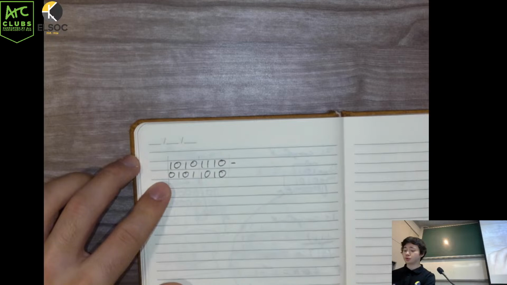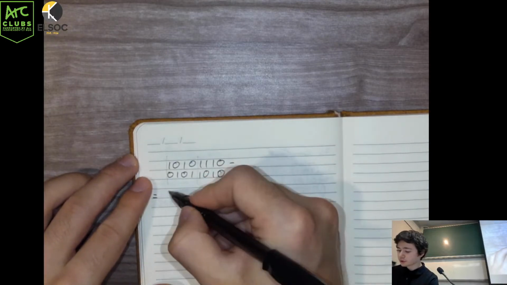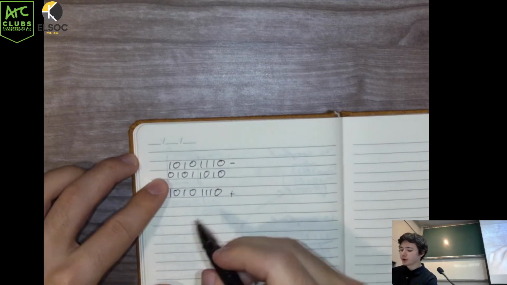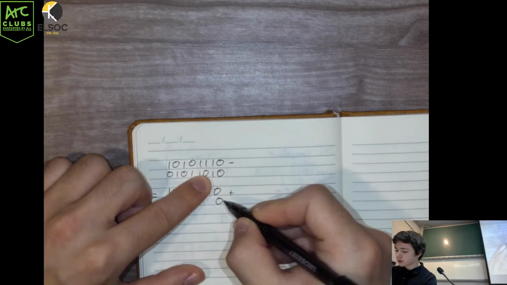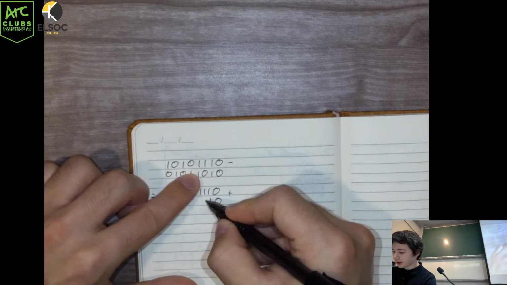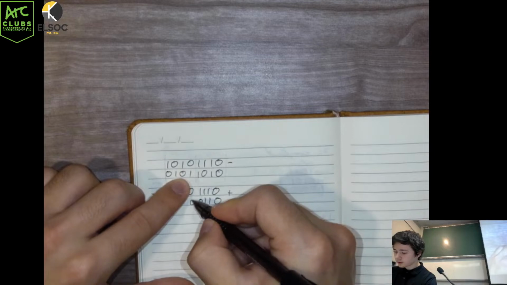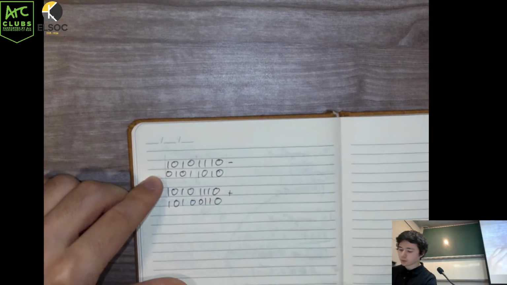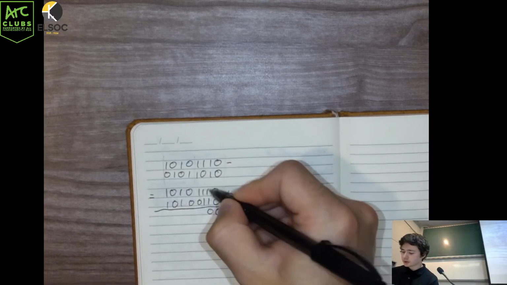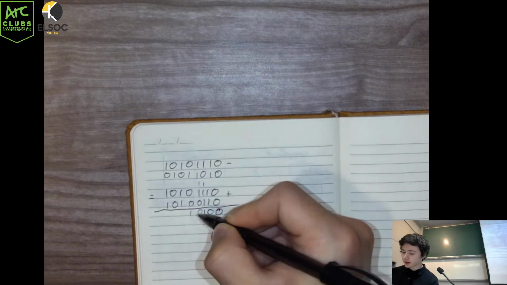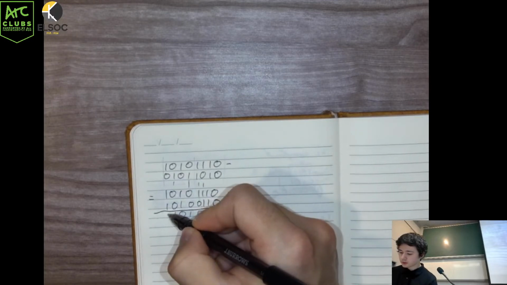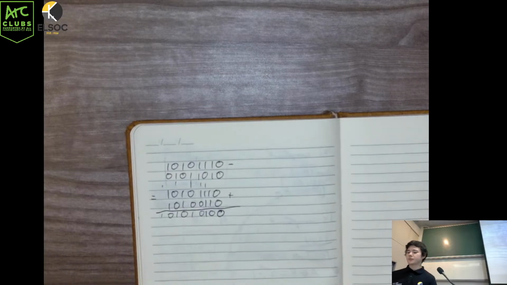If I want to subtract it, I have to take 2's complement. So this is going to be equivalent to, I keep my same top number because that's staying the same. However, I need to add the 2's complement. I find the first one, I keep everything right of that and itself, and then I flip everything else. So I get a 1, 0, 0, 1, 0, 1. Okay? Now I'm going to add these together, and let's see what we get. 0, 0, carry the 1, 1, carry the 1, 0, carry the 1, and then 0, carry the 1, 1, 0, carry the 1 outside. And we end up with